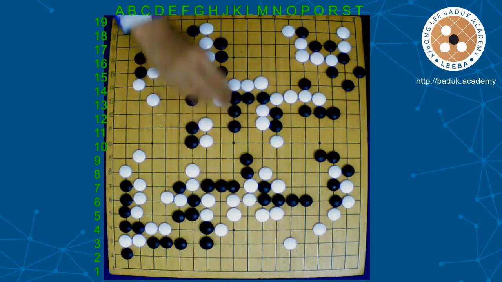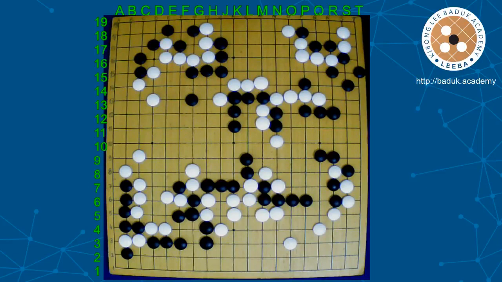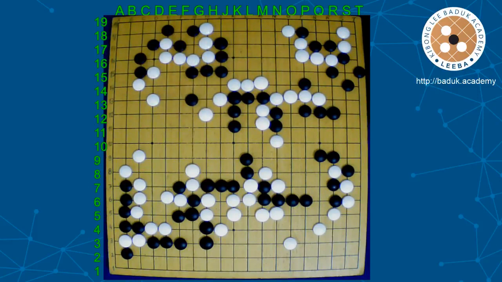Actually, white thought maybe white can capture black's group, but actually it's not easy. But anyway, like this, as you connect, you should go out because when you play,